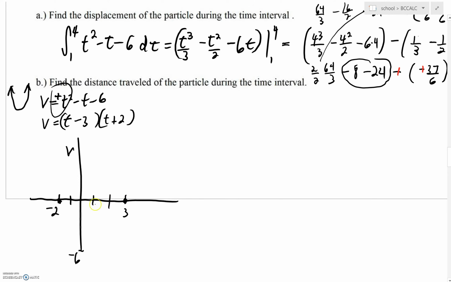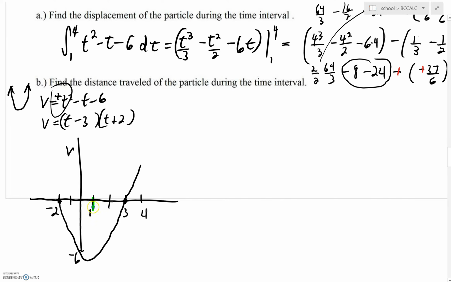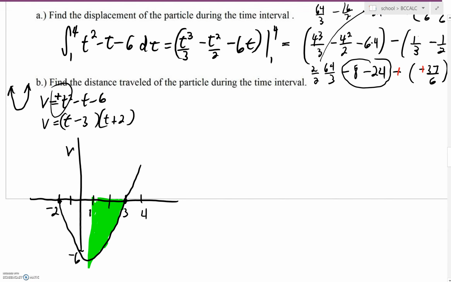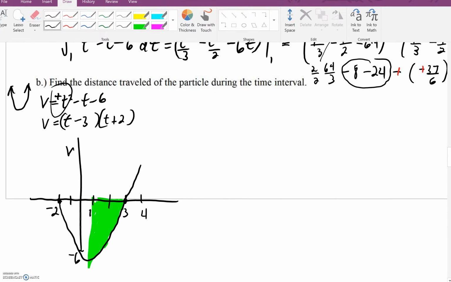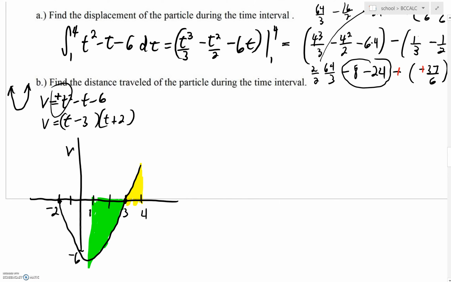Right now, I don't know exactly where the vertex is. I could figure it out pretty quickly, but we don't even need to do that, honestly. What I am knowing is that I'm going to be integrating from 1 to 3, and I would expect to get negative area because my velocity is below the time axis, and that indicates I'm traveling to the left. But then as we move over between 3 and 4, you can see right here, we would expect to actually